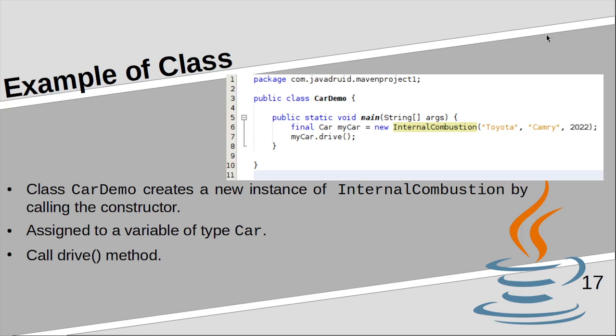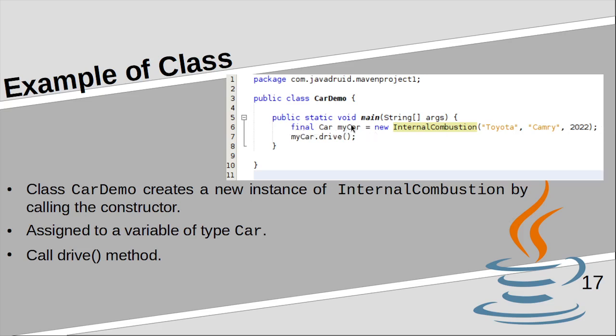You declare a variable of interface Car, and you create a new instance of a concrete implementation, and you declare it final.